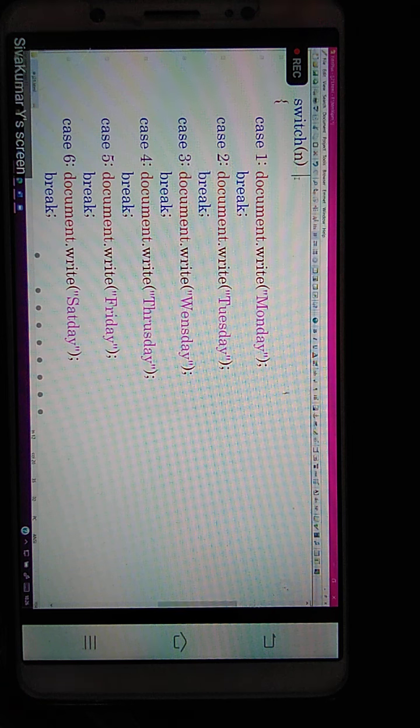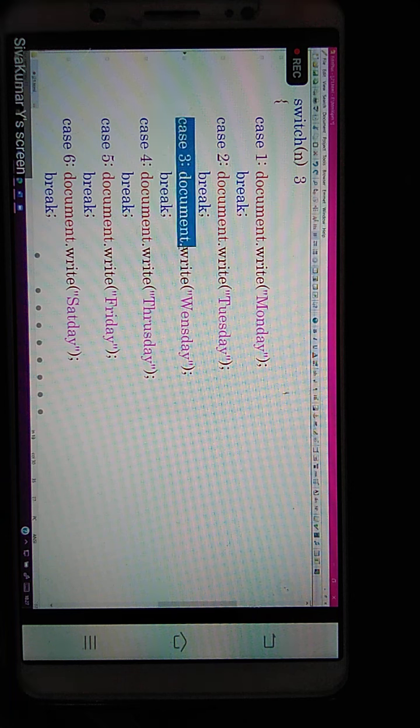And what is the execution style, sir? Suppose the n value is 3. What happens now, sir? It is directly jumping to the third case. It's not performing the one by one comparison. The if condition does the first attempt, the second attempt, as I already explained in the last session. If success, okay; failure, second attempt; failure, third attempt. That is not available here, sir. Direct attack, no attempts. So case 1, case 2, no. Whenever you give 3, it directly jumps into the third case and produces this answer.